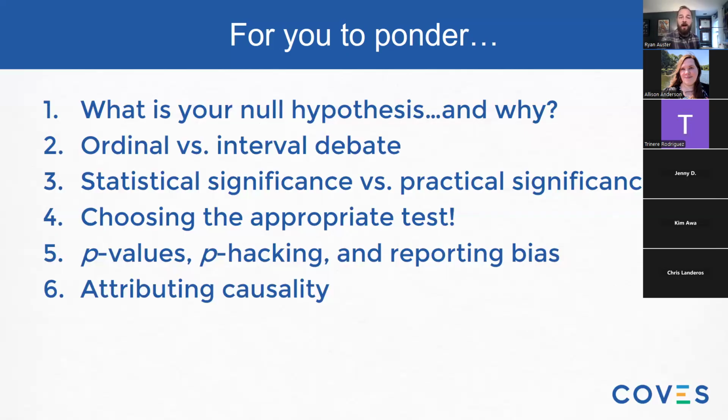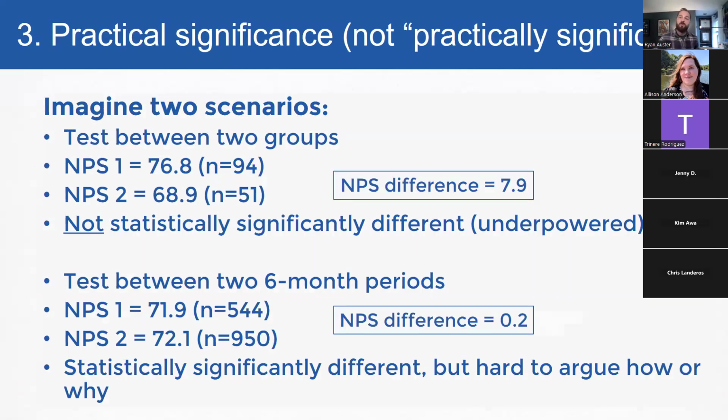Statistical significance versus practical significance. So imagine 2 scenarios. These are made up but real in practice. I just didn't have the opportunity to pull data to highlight them. In the first one, we have 2 groups, and I'm looking at net promoter scores, but these 2 groups have small samples, right? Let's say this was taken from our fall data the last couple of months when visitation is low. So my survey sample is lower than I'd like, but the 2 groups look different.